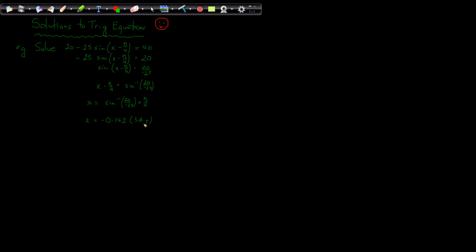Okay, now a lot of trig equations have these sort of approximate answers where we're needing to round. Now there are some where there are exact solutions. So let's have a look at some where we can find an exact solution. And how would we know? Well, what we're going to see is that sometimes solutions come out to be